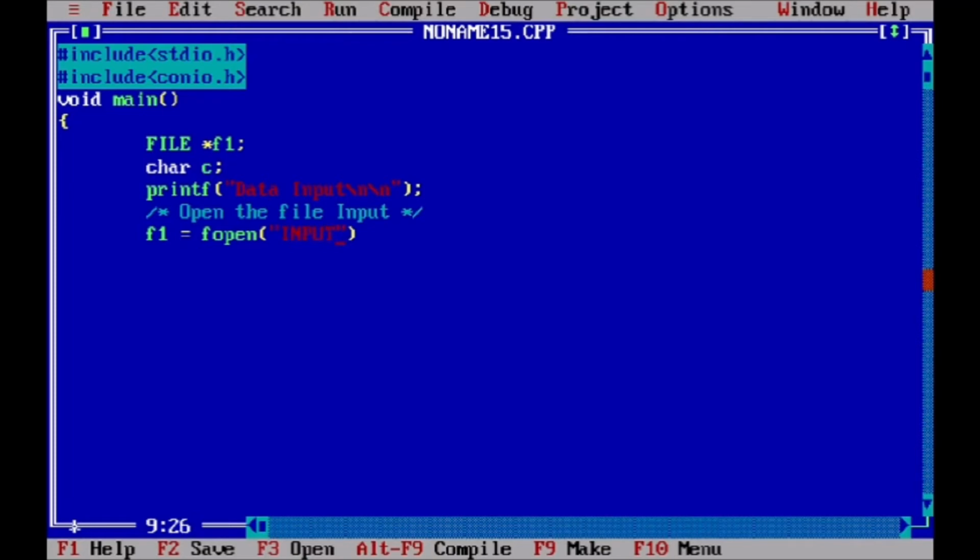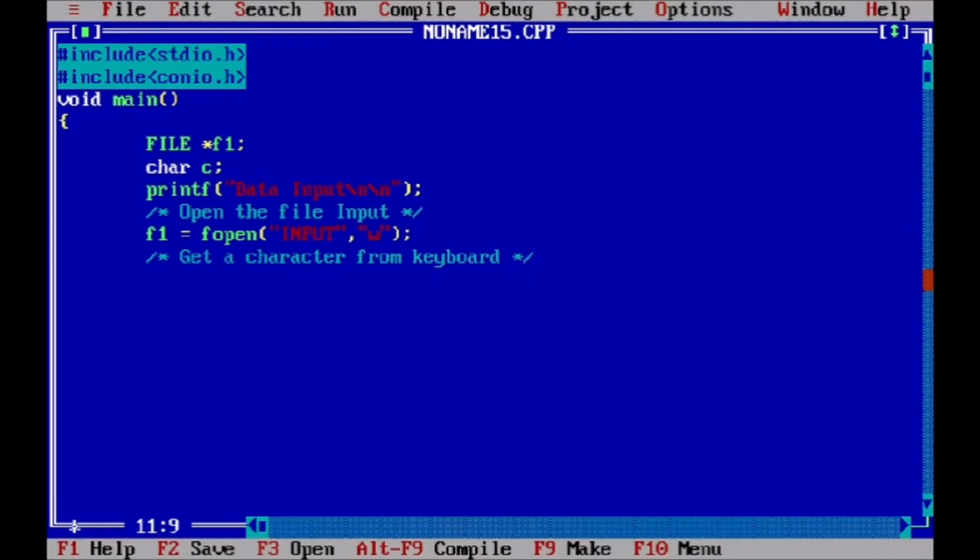So f1 stores the first byte address of the file named input, and we are opening that file in writing mode. This means if the file does not already exist, a new file will be created. In our case the file named input does not exist, so opening it in writing mode will create it.